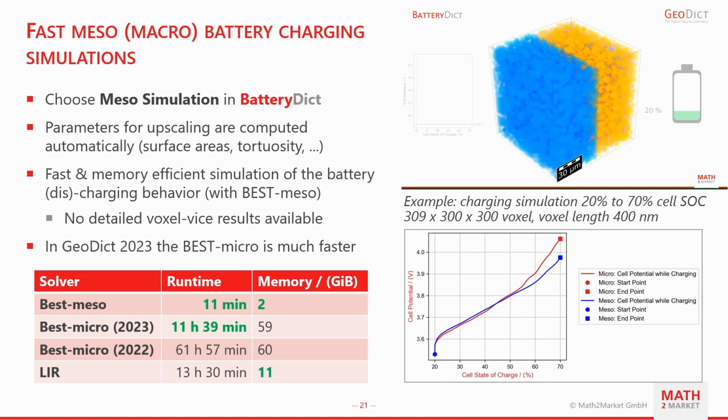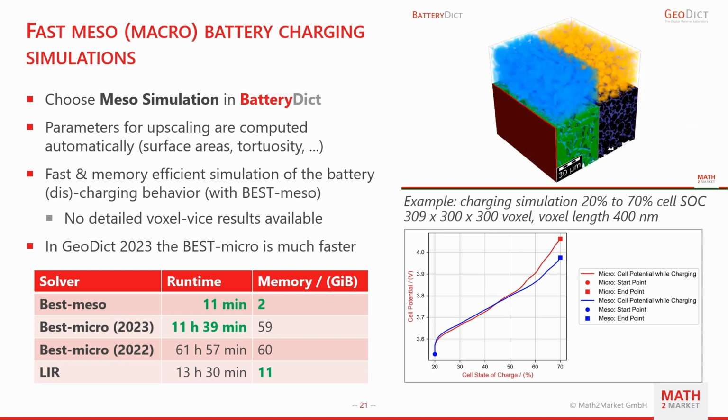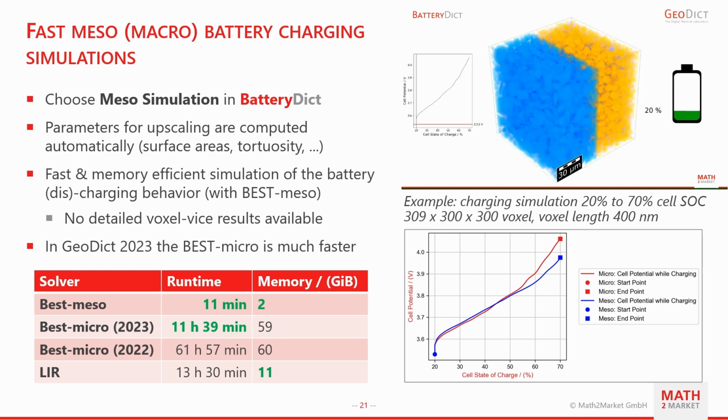To perform very accurate battery charging simulation on large microstructures can be time and memory consuming, even with the fast BatteryDict solvers. For the example battery on this slide, created with the bimodal anode and cathode GeoApps, the BestMicro solver did run for over 60 hours on a fast 16-core machine in GeoDict 2022. Using the new version of the BestMicro solver, the runtime is reduced by more than a factor of 5, and the same simulation takes only about 11 hours, which is in this case even faster than the LIR solver, but